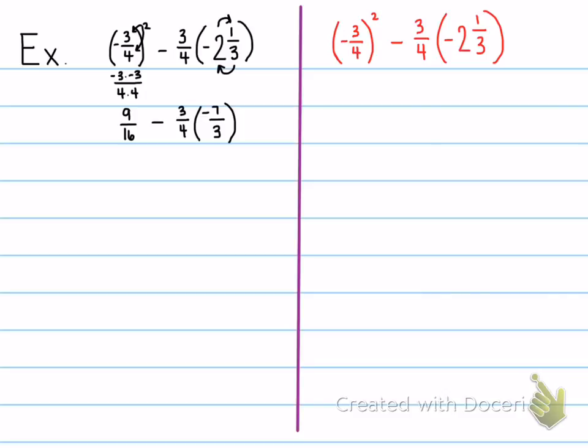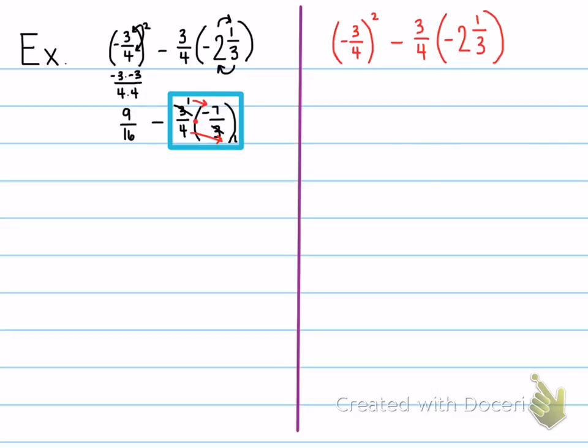Okay. So when I'm looking here, I'm looking at what I'm multiplying because multiplication is next. So I have to look at this part of the problem. I have in this diagonal, and if it helps you out, you can put a times sign in the middle. But in this diagonal, I see that I have a 3 and a 3 that can simplify to a 1 and a 1. 7 and 4 do not simplify. 1 and 4 do not simplify. And 7 and 1 do not simplify. So now when I multiply across, I have 1 times -7 and 4 times 1. So I'm looking at